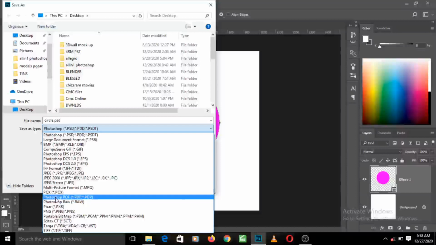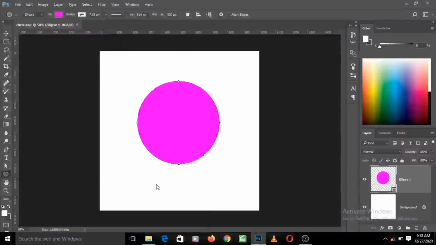It gives you a lower file size actually, but to get the clearest quality you usually save it as .pdf if you want to print it very sharply. So I choose PDF now, I can still save it on my desktop, and I save it as PDF.